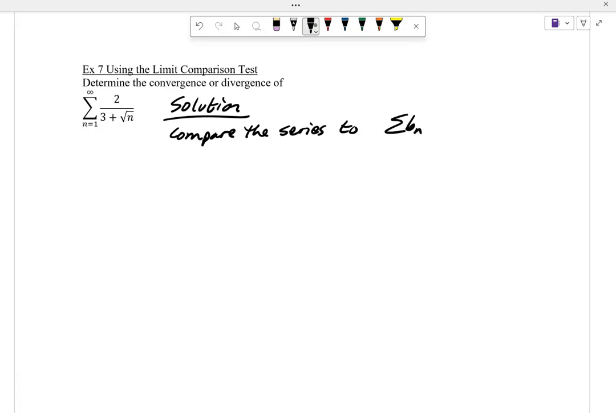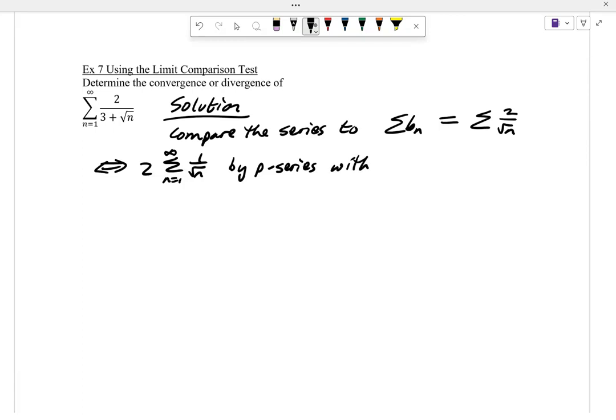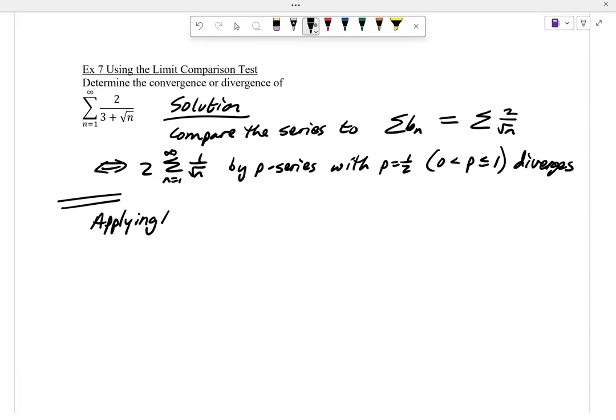to, let's go with b_n being 2 over root n, which is 2 times 1 over root n. By the p-series test with 1 over n to the p, p here is a half, so p is less than or equal to 1 and greater than 0. This diverges. And so now applying the limit comparison test will yield